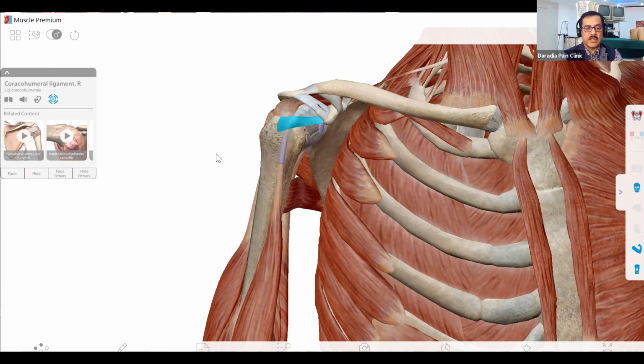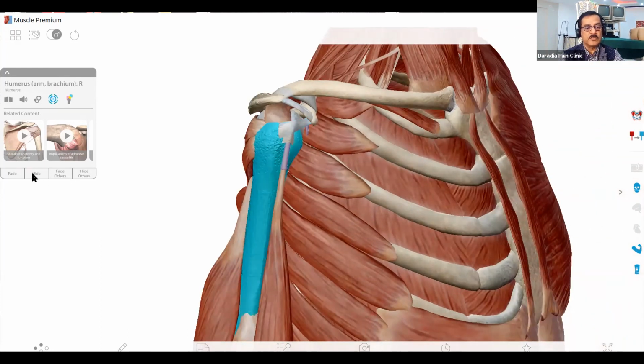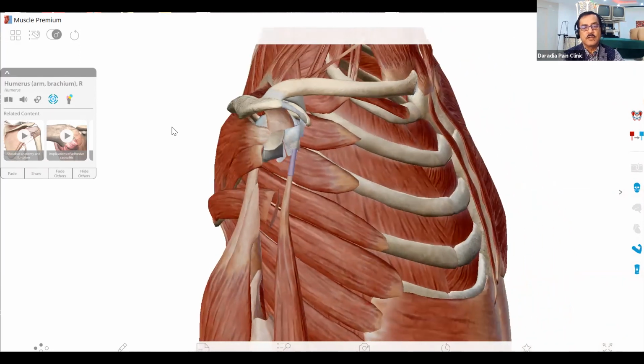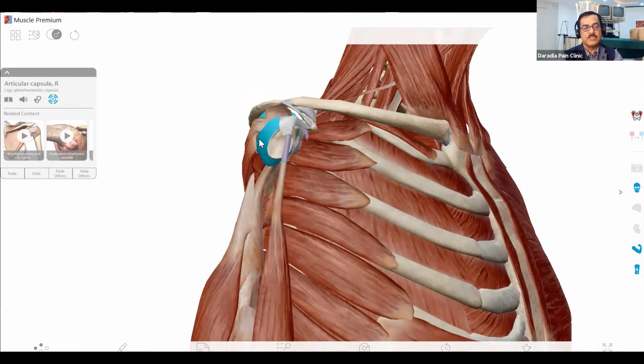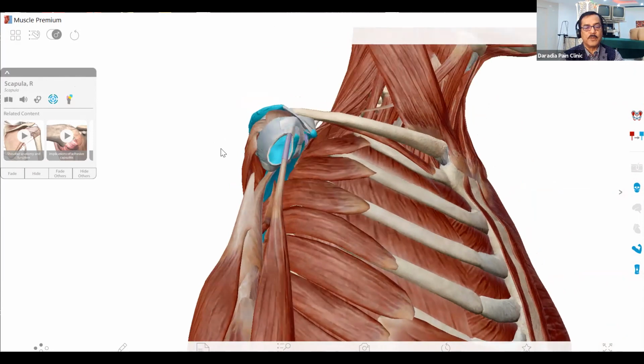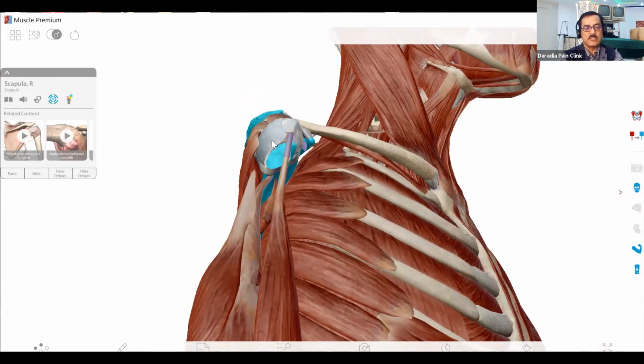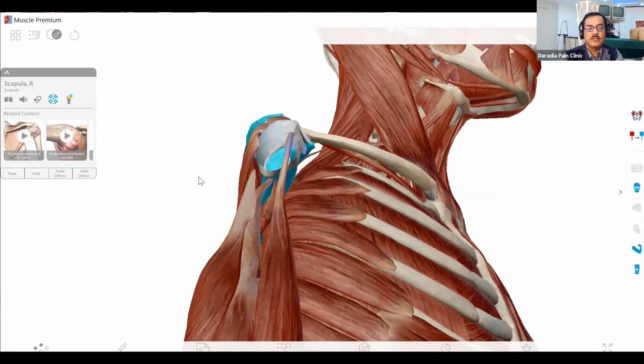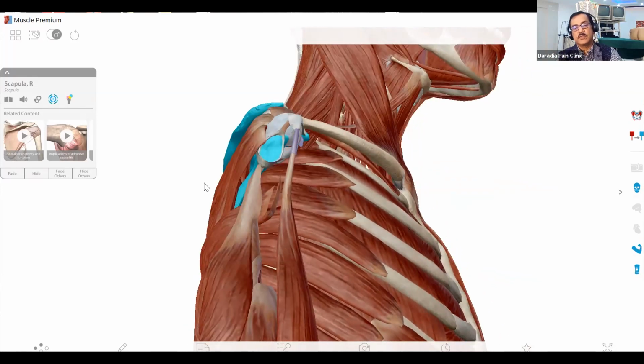And if we remove these, there is another very important source of pain. I'm removing the humerus, and you can see this is your glenoid labrum. Labrum is basically a fibrocartilaginous structure around the margin of the glenoid, the cup. There are a lot of injuries, or even repetitive injury, or even without any history of trauma, there might be labral tears, which are also a very important cause of glenohumeral pain.